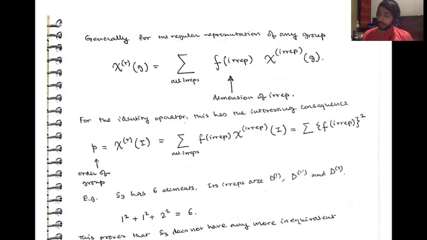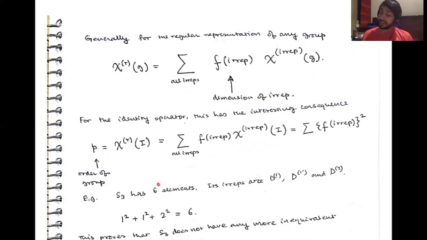And now if you split this up, this is going to be the dimensionality of the irreducible representation times chi of the irreducible representation of the identity, which is again the dimensionality of the irreducible representation. So this is just the sum over the irreps of the dimension squared. For example,